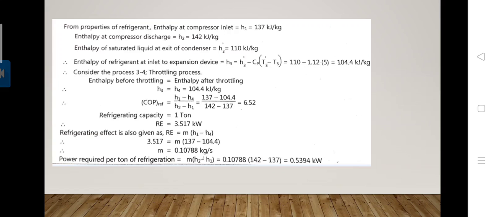The value of m is 0.10788 kg per second. So the power required per ton of refrigeration is m(H2 − H1). H2 is the enthalpy at the end of compression and H1 is the enthalpy at the entry of compression. That's why the power required to drive the compressor for a ton of refrigeration is m(H2 − H1). Putting the values of m, H1 and H2, we get power required per ton of refrigeration equal to